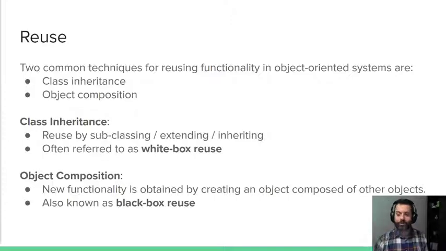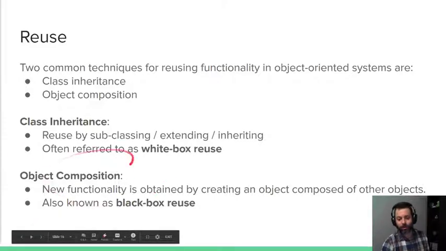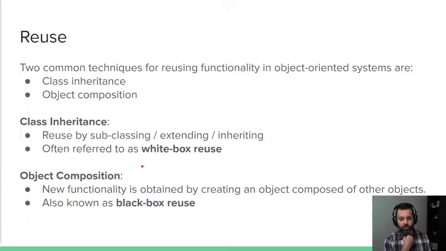Are there any other examples of it? Yeah, we're going to talk about it right now. We're going to talk about reuse in terms of white box and black box. Two of the ways that we do reuse are through inheritance and through composition. If we remember inheritance, that's where you have a superclass and subclass relationship, where the superclass is your main class and your subclasses are specializations, which inherit those properties and methods that the superclass passes on. So this would be white box reuse